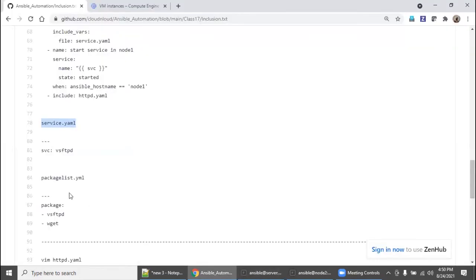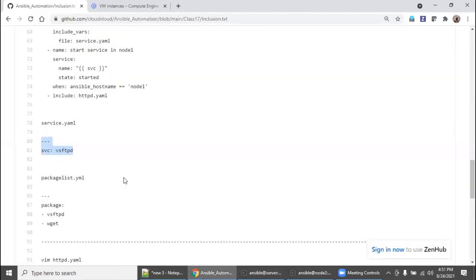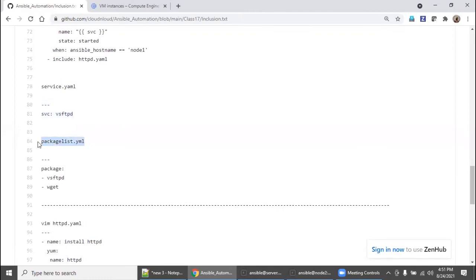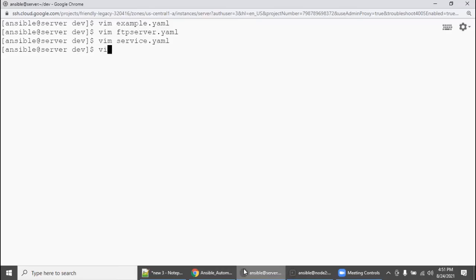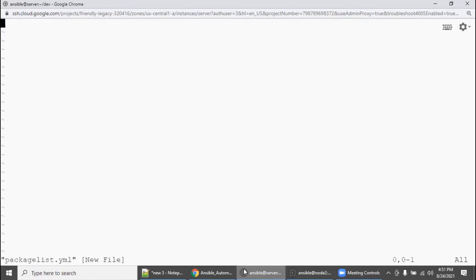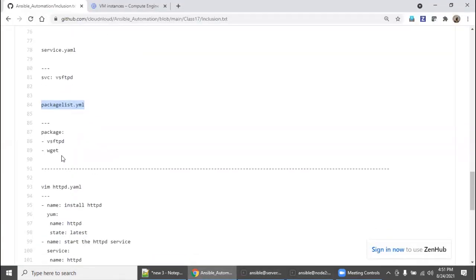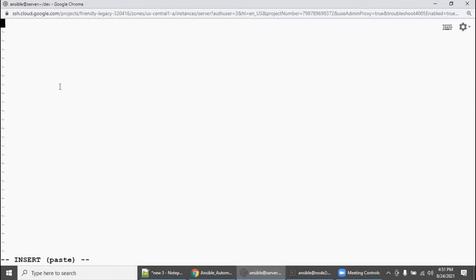Okay, so in this file, we are going to declare the variable SVC and the related value, right? So we have declared that, and there is another file called package list.yaml. Vim package list.yaml, go to insert mode, and here we are declaring the number of packages, right? We are saving it.